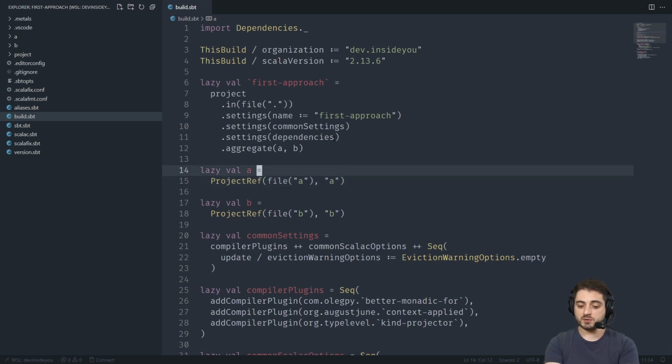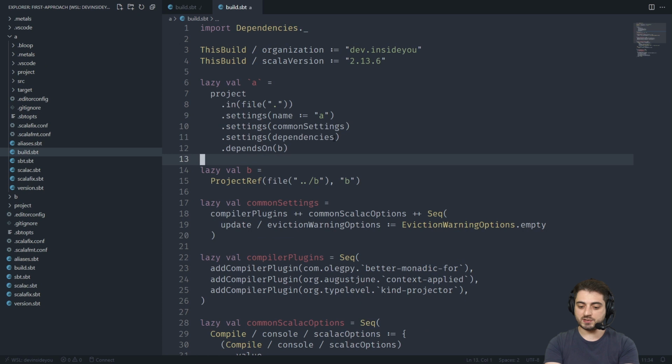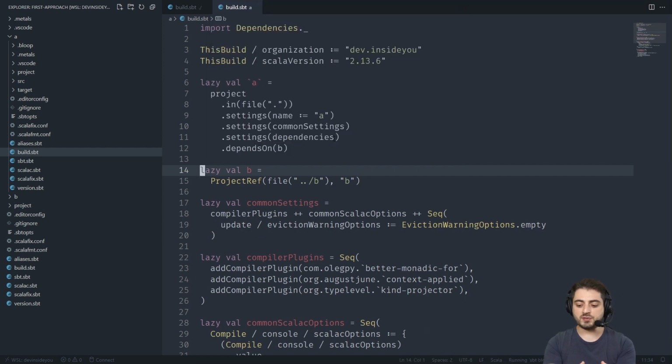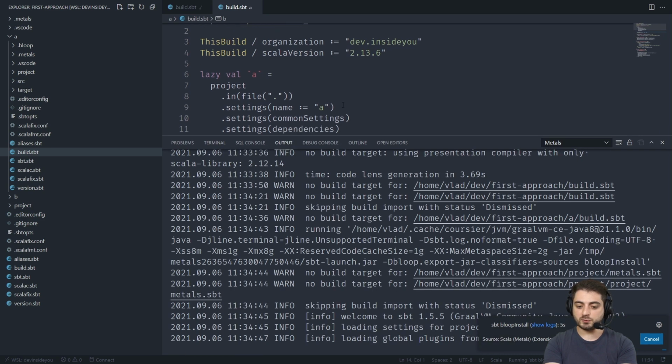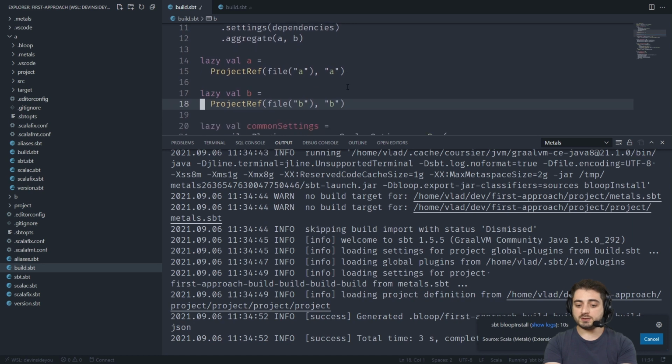And by the way, notice that we're using this reference twice, right? So we have B over here, and if we open the build file for A, we also have the same project reference, right? It's fine that it's defined twice. It's not a big deal, all right? And so now if we import the build, we're importing the build for this wrapper project, and therefore the wrapper project is aware of both A and B, and so it's going to work out.